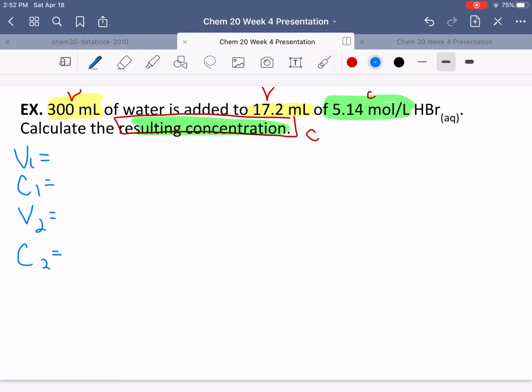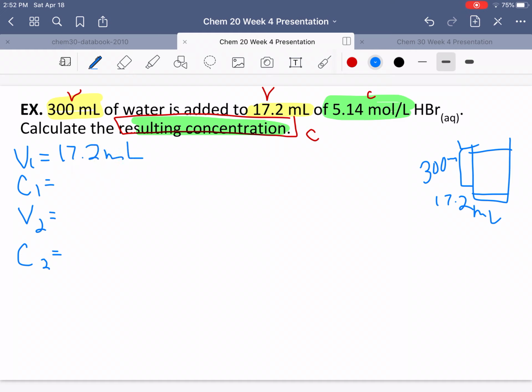Okay, the first volume. Well, read carefully. I take 300 mils and I add it to 17.2. That means I'm starting with 17.2 mils. And then I'm adding an extra 300 mils to it. I'm starting, that's that V1,